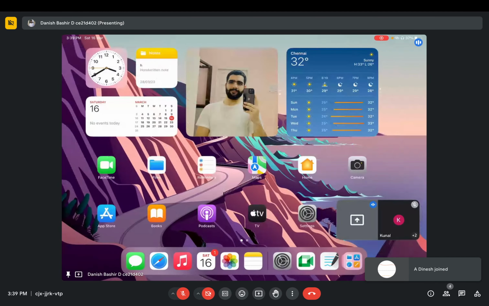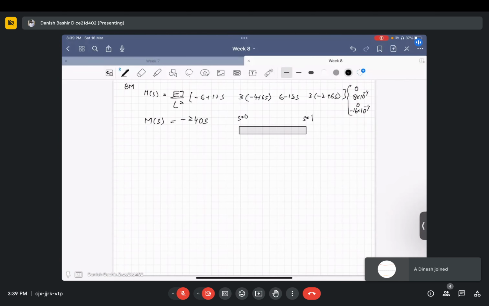So we will get the moment here to be equal to 0 and the moment to be equal to minus 240 kilonewton mm here. Similarly for shear force, you can directly write, you have to just